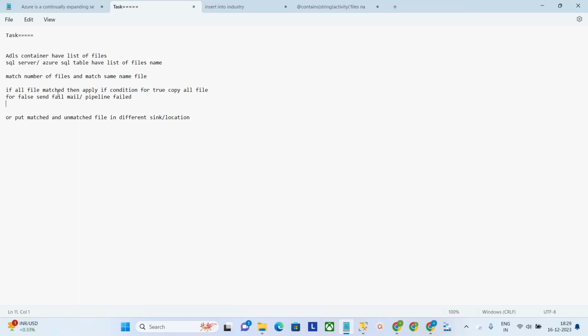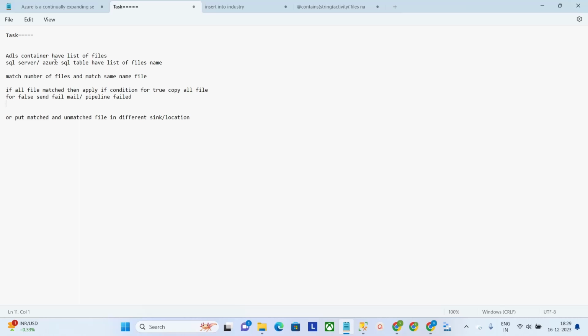If it's false, then send a mail that the pipeline failed to the concerned person. Or we can also put the matched files in one location and the unmatched files in a different location. We can do these things also, but first of all what we see,